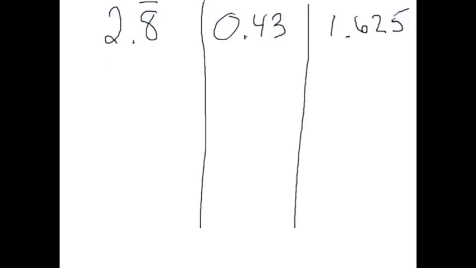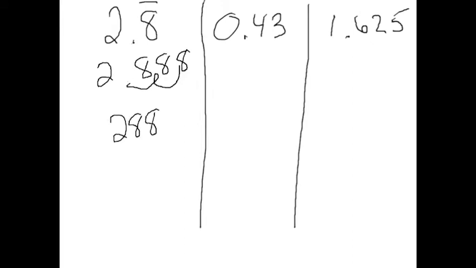So yeah, 2.8 repeating is a decimal. How do I turn it into a percent? Well, in order to turn a number into a percent, I'm going to multiply it by 100 and put a percent sign. Well, the alternative to multiplying by 100 is to move the decimal point 2 spaces. So no matter what number you decide to multiply by 100, all you're really doing to that number is moving a decimal point 2 places to the right. So 2.8 repeating becomes 280.8 repeating percent. And I'm going to ask that you remember to put the line on top of the 8,